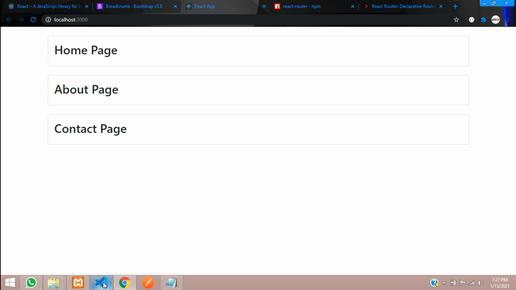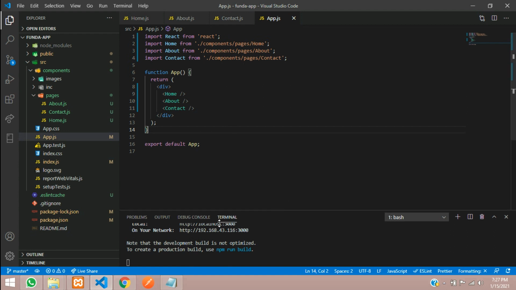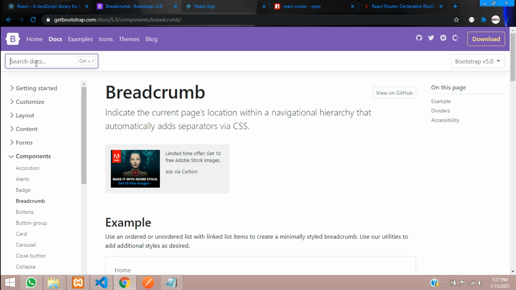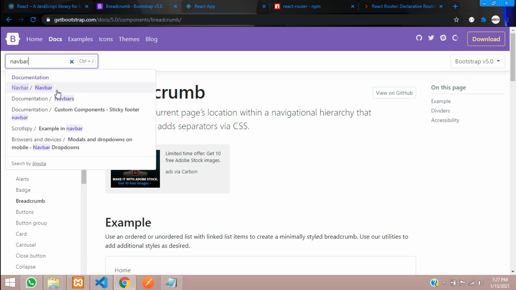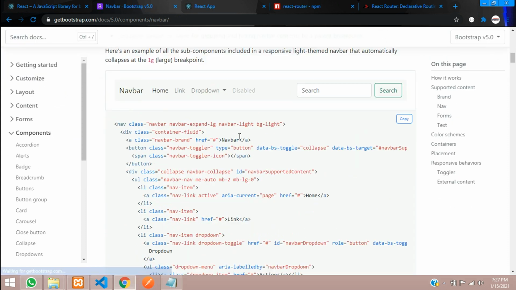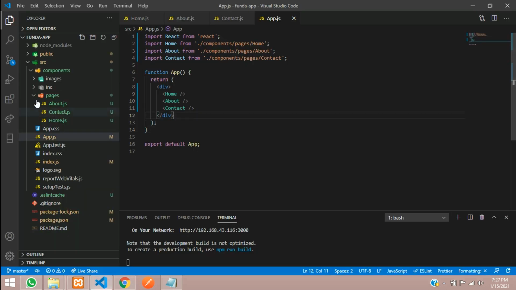Now what we have to do, guys, is set the routes for it. The route we are going to set is about shifting between the pages. We will copy a navbar and create it. Let's go and finish it soon. Let's click on the search box and type navbar. If you scroll down, you can find the navbar. Let's copy this navbar and paste it into your pages.